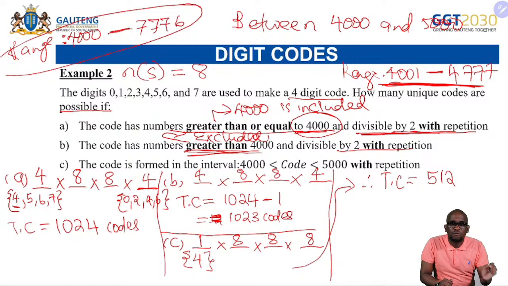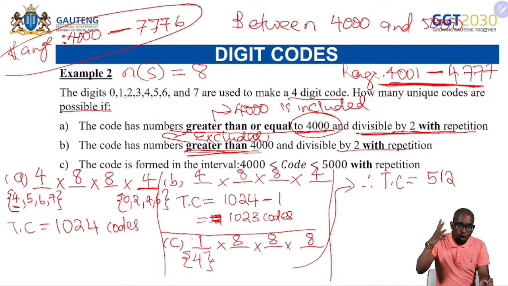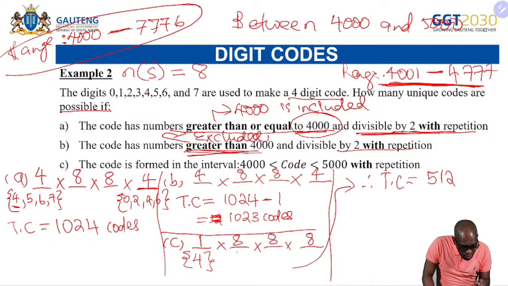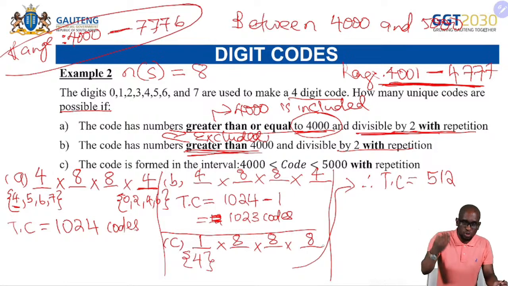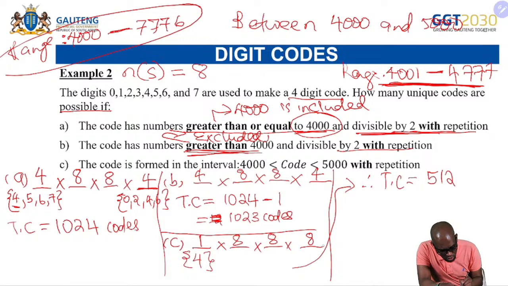The answer 512 includes 4,000 in this case, because we said we can use 1 4 and then we can use all the other numbers there, which means we can use 0, 0, and 0 on the second, third, and fourth positions, which means that this code that we just got includes 4,000. So in order to take away that 4,000, we're going to subtract 1. So the total codes in this case would be